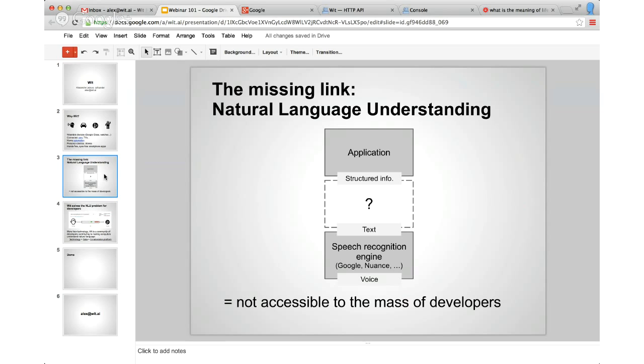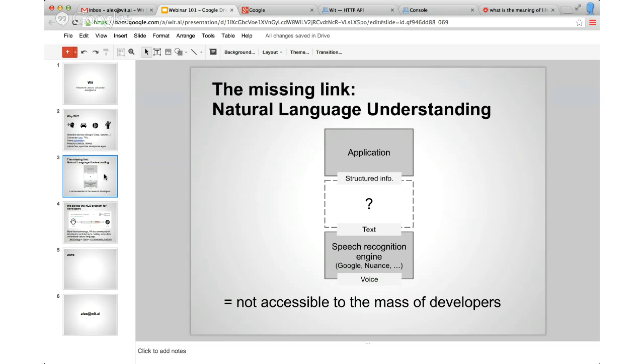You need some structured information. You need to know the intent or the action for the user, and you need some structured information, date, values, and so on, in order for your app to be able to work. So there is a big gap between text and the structured information that your app needs.